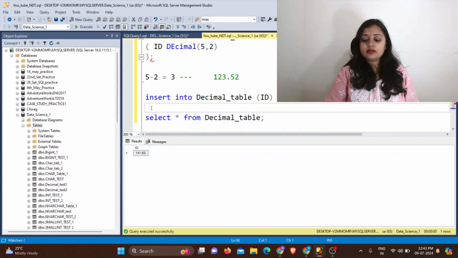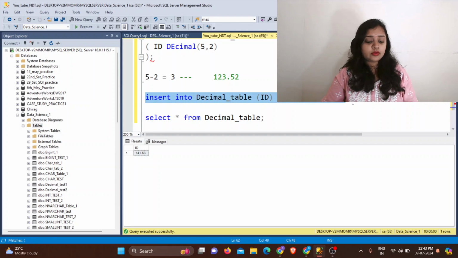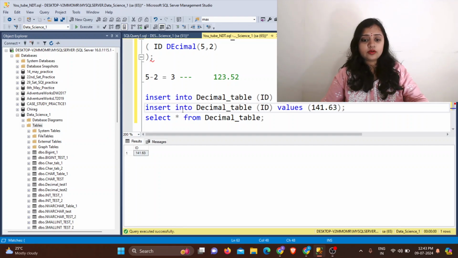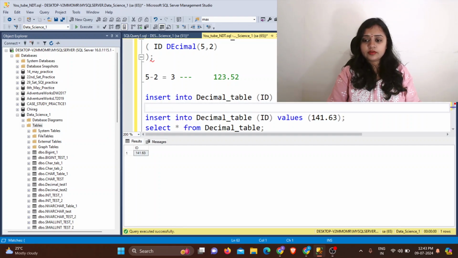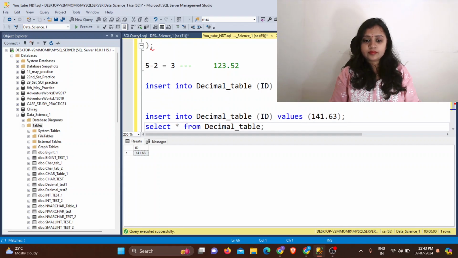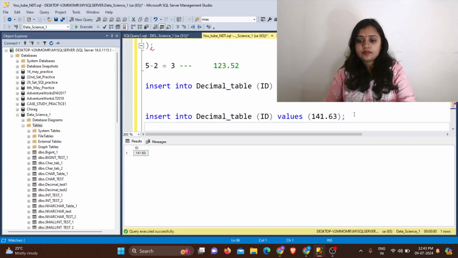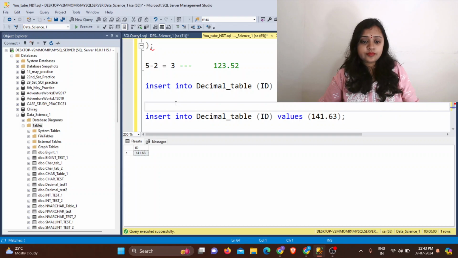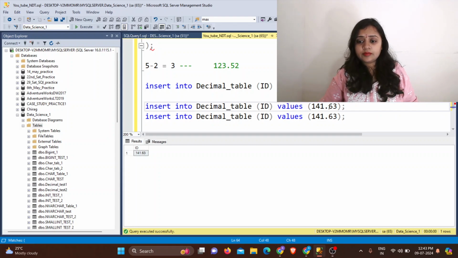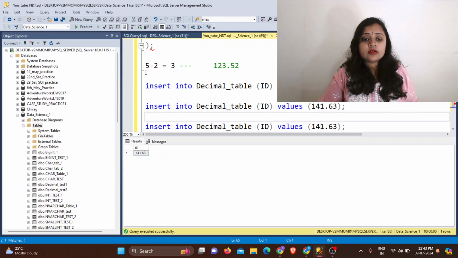Now we will play around with this, to see what happens if you don't go by the rule. Where is my cursor? Like Control C, then Control V. Again Control V. So now I have given the range of 5, 2.